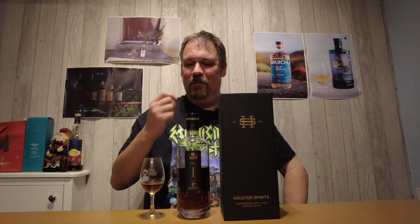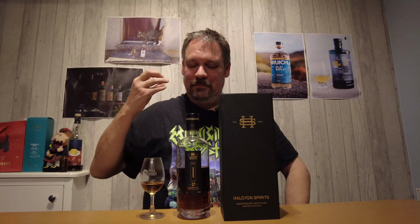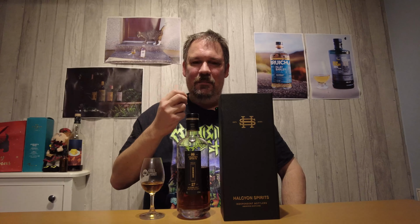Beautiful finish. Absolutely stunning. So, good mouthfeel. I would suggest a medium mouthfeel on the palate. Velvety, syrupy, sweet, great with some notes of vanilla, and some sherry cask influence, definitely. Dried fruits, raisinated fruits,